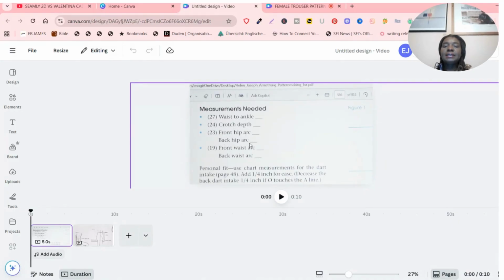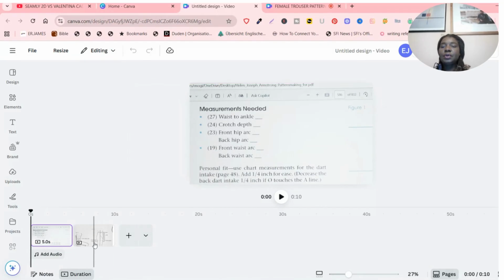The back hip arc is the distance from your center back to your side seam at the widest point of your hip. And of course, your waist arc is the center front to your side seam, and the back waist arc is your center back to your side seam. So those are the measurements you need for your